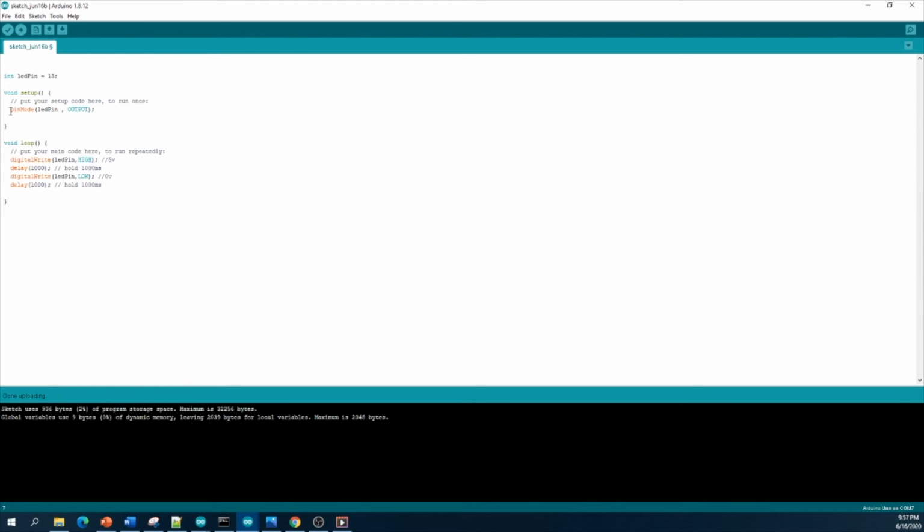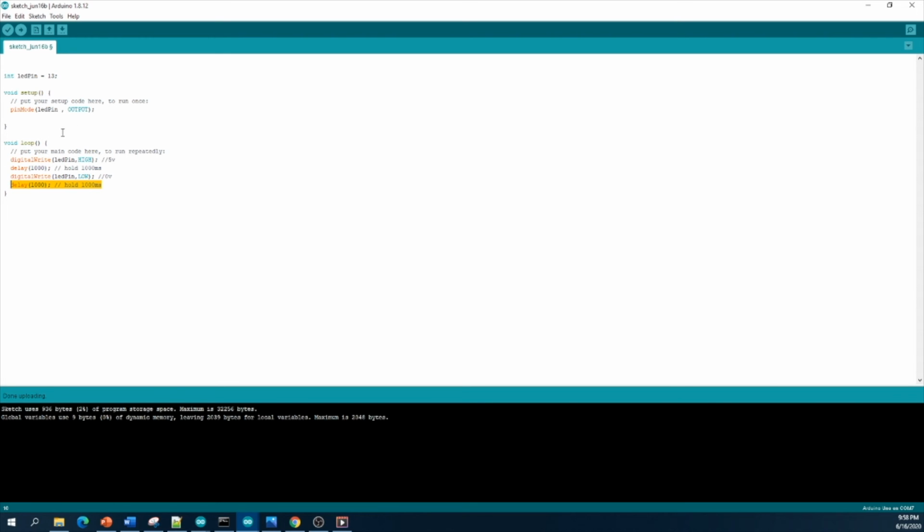We need to get output voltage, so we define this pin mode as output. Then this is the loop function. This is a continuous function while the microcontroller is powered. So I write digitalWrite LED pin HIGH, meaning the LED turns on, and we hold it for 1000 milliseconds, and we turn off the LED and hold the off state for 1000 milliseconds.